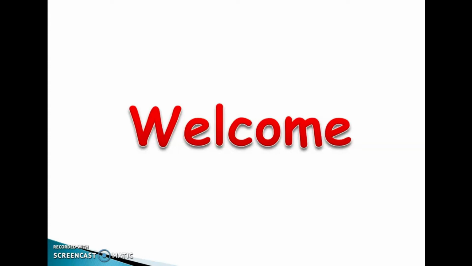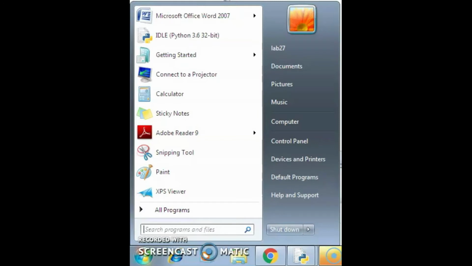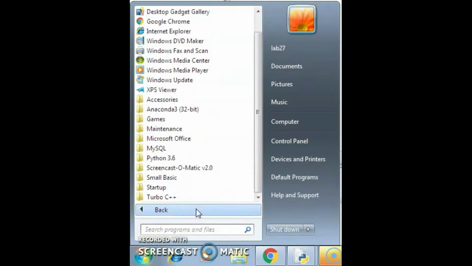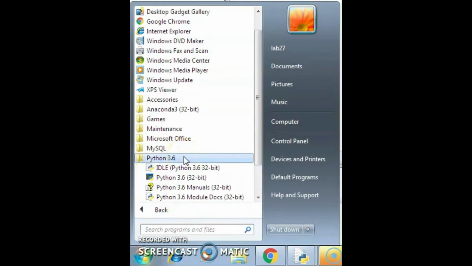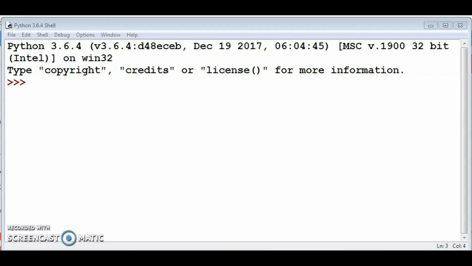Now, let's begin our session Python Practical 1. Let's start the practical sessions of Python programming language. First step to open the Python editor is click on the Start button, then click on All Programs. From this you can choose Python 3.6, then select ideally Python 3.6, 32-bit.